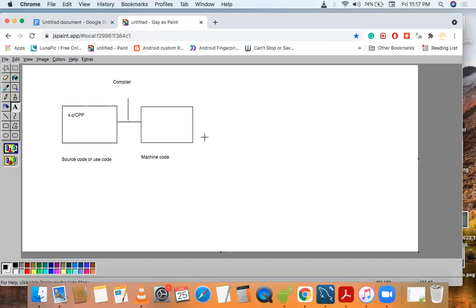First, it will convert our source code to machine code. Then it will check for header files. Suppose we are using any function in our programming language, for example scanf and printf in C programming.